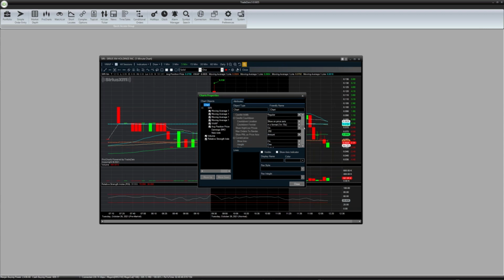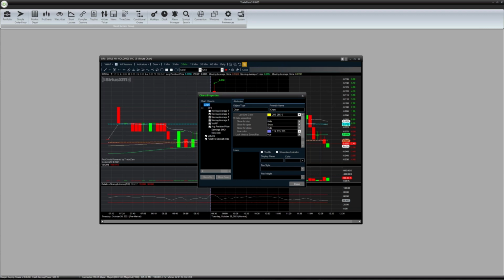You have a countdown timer, you have the opportunity to customize your lines, show after-hour sessions, day separator lines for the open and close, so you can show those here. There's just a lot of great features here, and if you want to disable some of the chart objects, you can unselect this here, so you can bring into focus what matters most to you